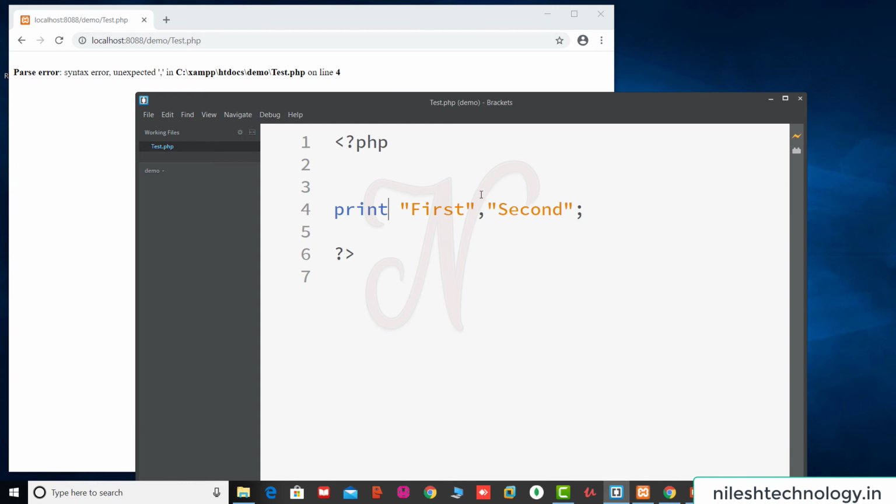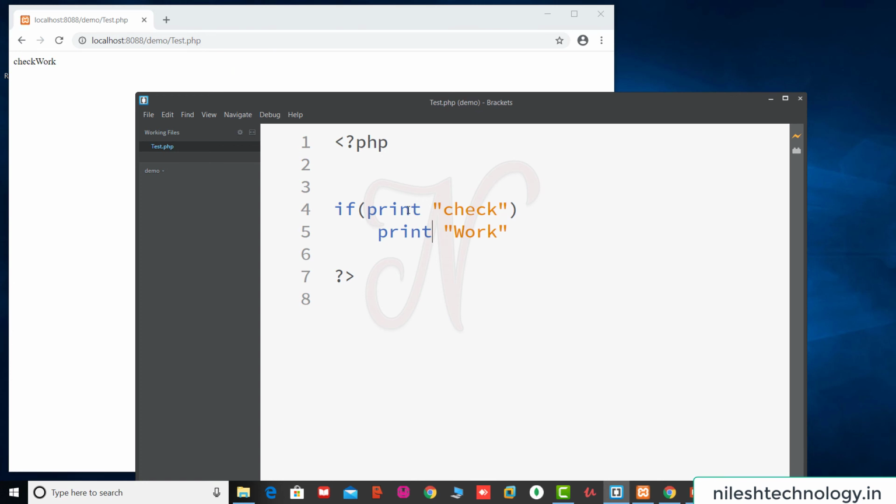Then see, the second difference is this. If you try to use the echo statement in an if, save these changes. See, there is a parse error. You cannot write the echo statement in an if or any control statement. But here, instead of echo, if you use the print statement, see here in the background, check work.